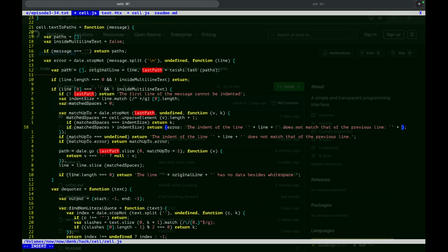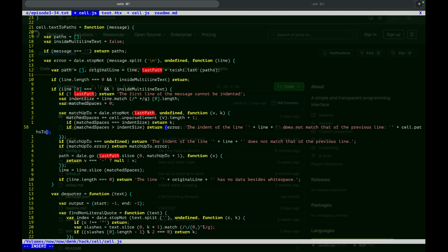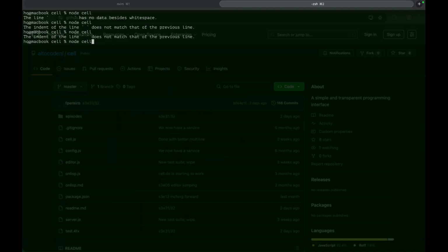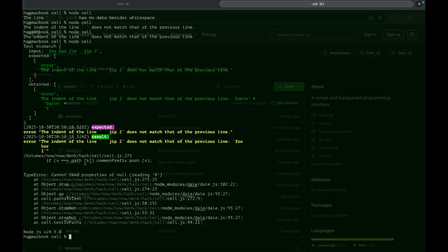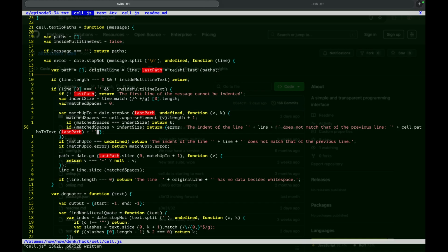It would be what cell to text last path. Yeah, but that's just tricky. Okay, so let's just